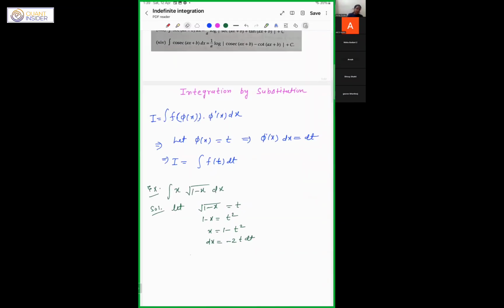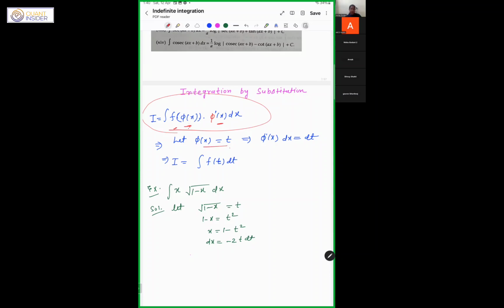So what is the method of substitution? How to integrate by using the substitution? You must know how it is defined. According to this, if you have the integration of a function f of phi x, and its derivative is there in the multiplication, what you do is you take this phi x as t,